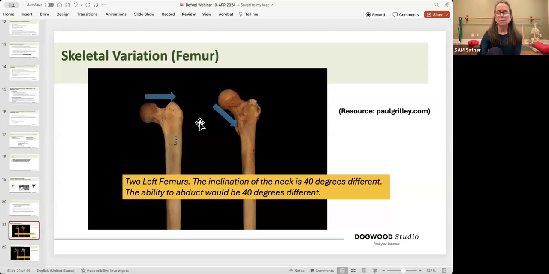And this is actually two left femurs. So when you're showing bones, it's someone facing you and it's their body, okay? So it's left femur, but look at the angle of the neck. So this individual, the neck of their femur goes straight into the pelvis. We still have to consider how the sockets that it's sitting in are; they would be different from each other as well. But this individual is at quite an angle, a 40-degree difference.